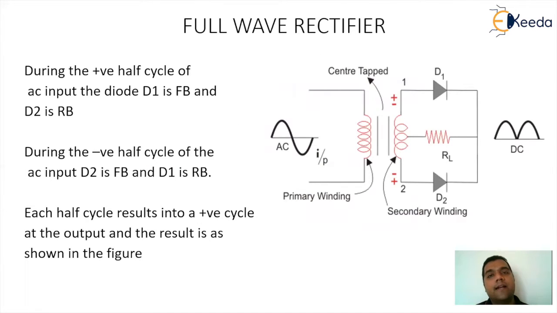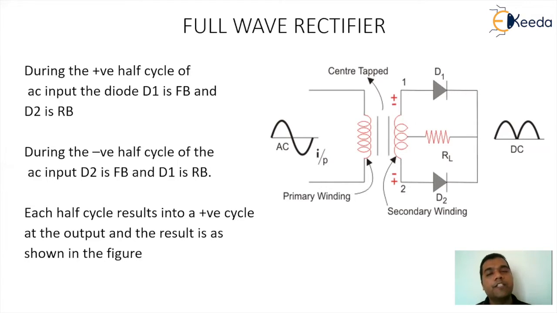Now we are trying to understand a full wave rectifier. So what is the impact under full wave rectifier? In full wave rectifier, we are having a center tap transformer. So the load will be connected to the center tap. The diodes D1 and D2 are connected to the ends of the secondary, and the center tap point is normally connected to the ground. So you will find the impact of RL, where the current in the RL will be happening because of the diode D1 as well as diode D2 in the independent half cycles.